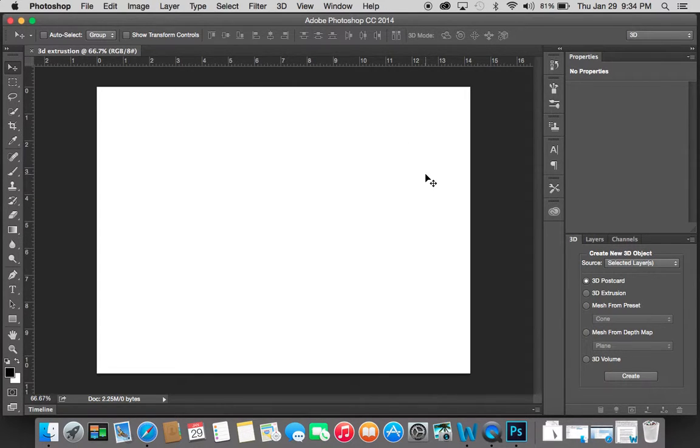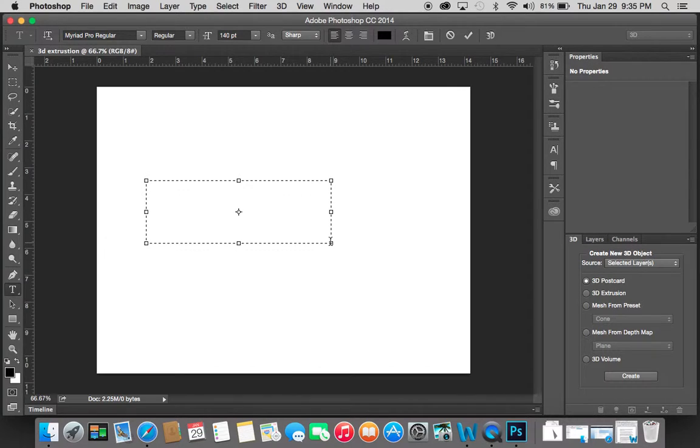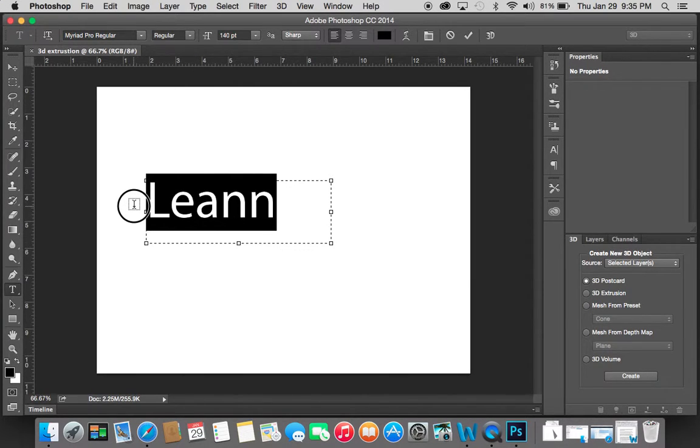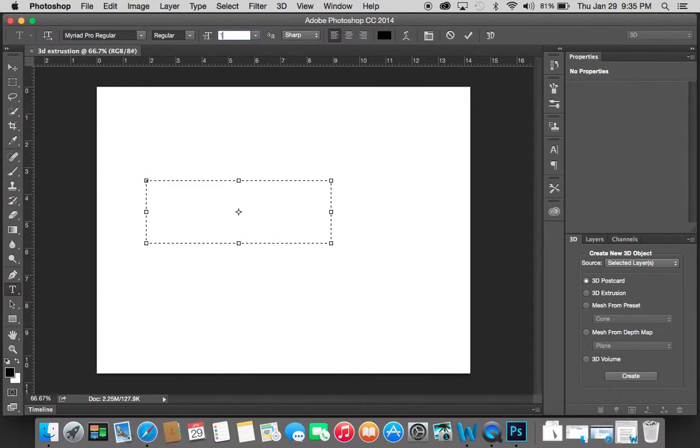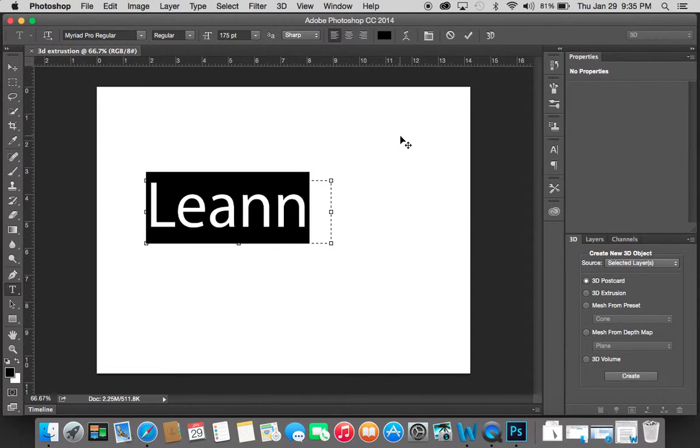The next step would be for you to click the Type tool, which is right here, and then start typing. For the purpose of this video, I will use my name for the text. Once you have your text typed in, you will want to increase the size of your text. This can be done by highlighting the text and then changing the text size. Mine's at 140, so I might make it about 150. Or actually, maybe about 175. Okay,